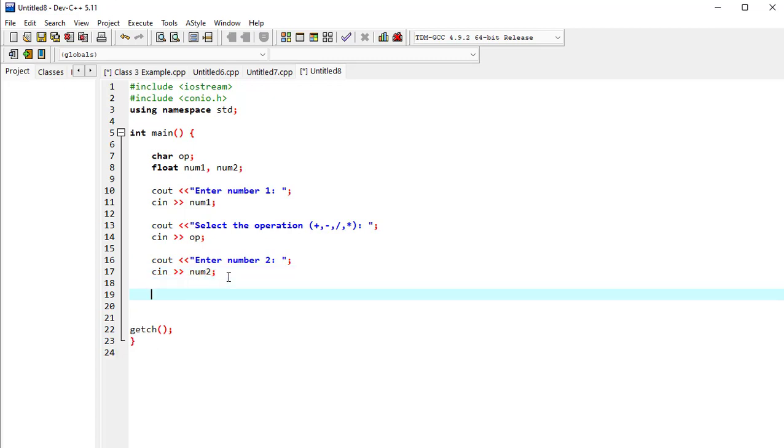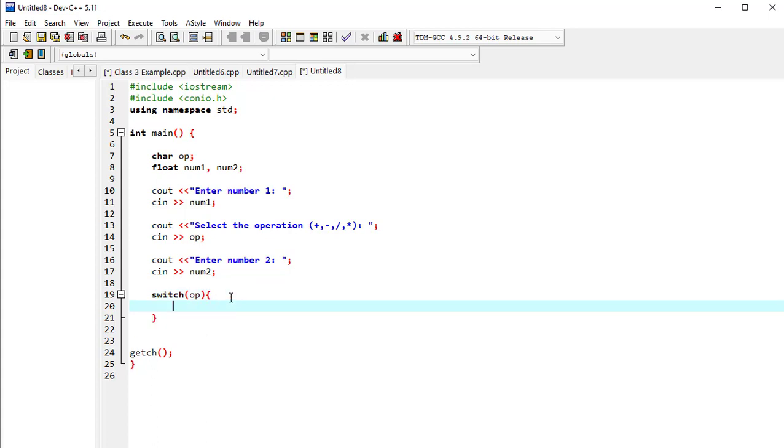So now is the work with the conditions, right? How to write the switch condition? We can use the switch statement, and in the switch statement we will consider the operation, right? Okay, so now here case 1, what will be case 1? First of all, it can be plus, right? So for instance, if it is plus, then it will